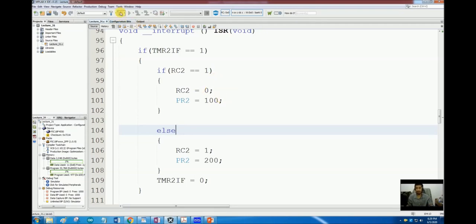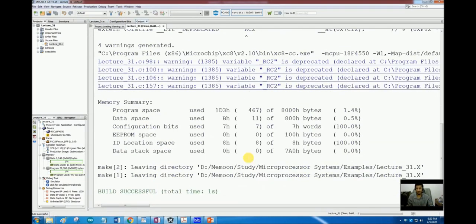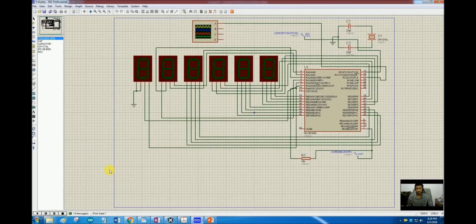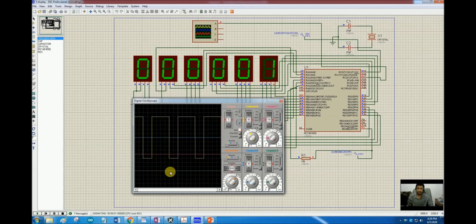So now let's try to compile it again, and I hope that it will work fine this time. Okay, yes. So the scale is at 50 microseconds. 2 boxes of 50 microseconds mean 100 microseconds off time, and 4 boxes of 50 microseconds means it is 200 microseconds on time. And in the background this clock is running just like we wanted it to.